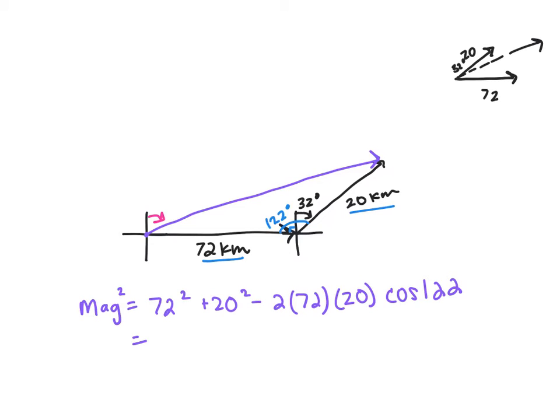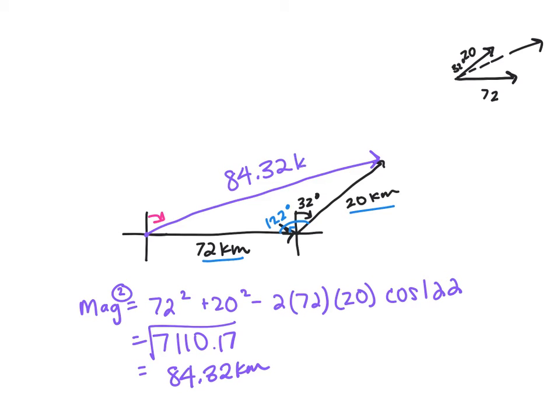And that gives us, before the square root, 7,110.17. Take the square root because that was magnitude squared. And we get that our magnitude is 84.32 kilometers. So we know even though the ship took off to only sail 72 kilometers, the current helped push it further, so it actually went